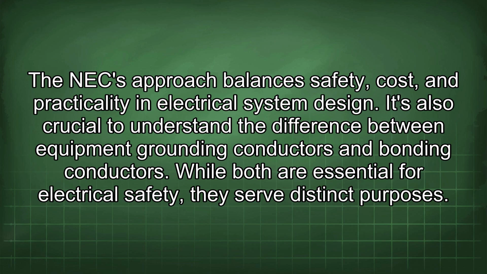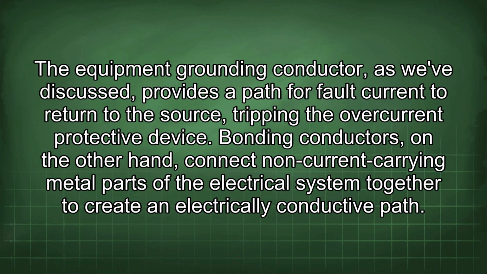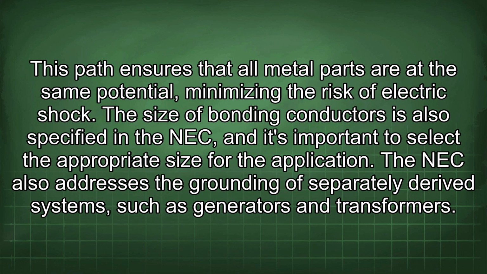It's also crucial to understand the difference between equipment grounding conductors and bonding conductors. While both are essential for electrical safety, they serve distinct purposes. The equipment grounding conductor, as we've discussed, provides a path for fault current to return to the source, tripping the overcurrent protective device. Bonding conductors, on the other hand, connect non-current carrying metal parts of the electrical system together to create an electrically conductive path. This path ensures that all metal parts are at the same potential, minimizing the risk of electric shock. The size of bonding conductors is also specified in the NEC, and it's important to select the appropriate size for